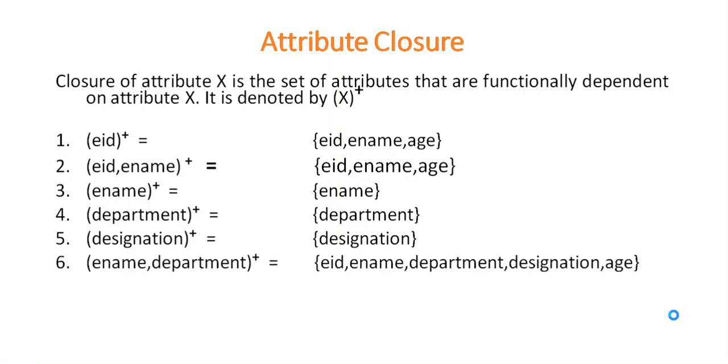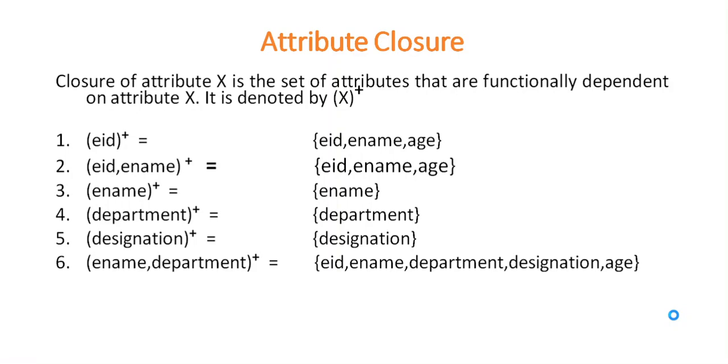Now let's take the example of the e-name and department combination. E-name and department, this combination is determining employee ID. It is written in our functional dependency. Employee name and department, this combination is determining employee ID, so employee ID is written in the closure set. E-name is determined by this combination, so e-name is written. Department is determined by the combination, so department is written. Now see here in your result we have employee ID, e-name and department, these three attributes, which are the closure of e-name and department.